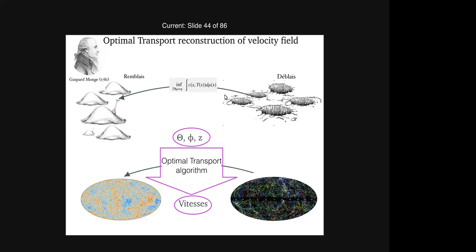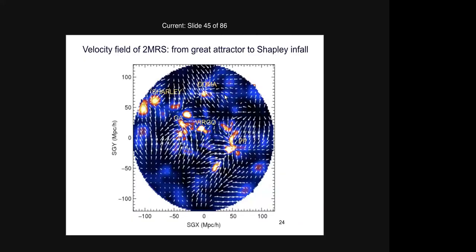And using those velocities, I can do the same exercise as I did with supernovae. And here is the velocity that I constructed using my optimal transport machine. You're sitting right at the center, going towards Vela, going towards the Great Attractor. And now I can look far away, to Shapley, which is a huge supercluster of 10 to the power of 17 solar masses. And they're all going towards Shapley. But it's not enough to explain the CMB dipole.